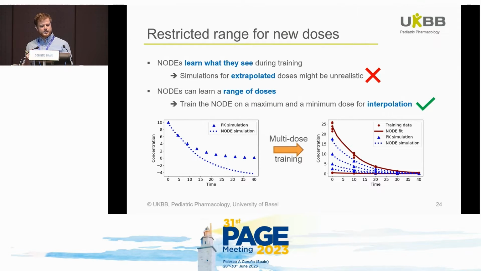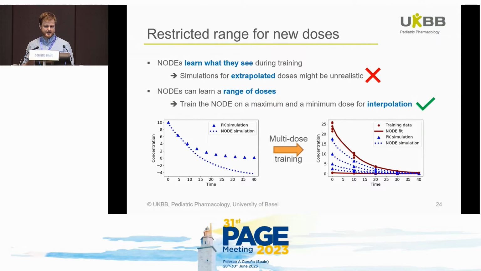restrict our simulations, because we can train our NODE on a maximum dose and a minimum dose, here on 50 and 1, and we can make simulations for doses in between, for example, for 20, even though the NODE was not trained explicitly on the dose 20. So we have our NODE structure trained on multiple subjects with 2 doses, but we still want to get an